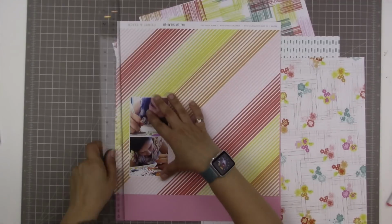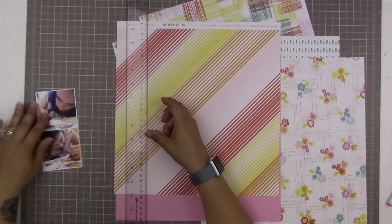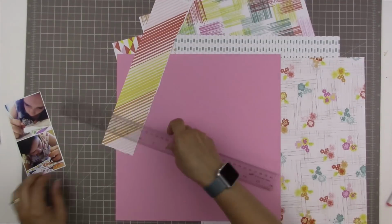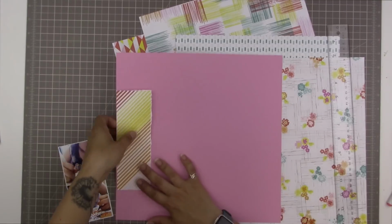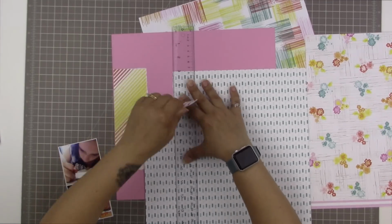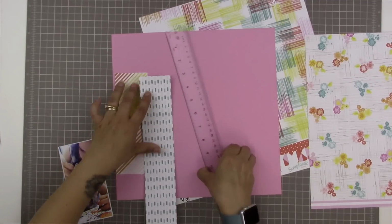And so all of these papers are exclusive to the kit this month. And as I tear the strips, I'm tearing them for a little bit of extra interest. As opposed to having really flat edges, it'll have a little bit of a textured and torn edge. And so next to that yellow, pink, and red paper, I'm putting this blue paper, and I like the blue